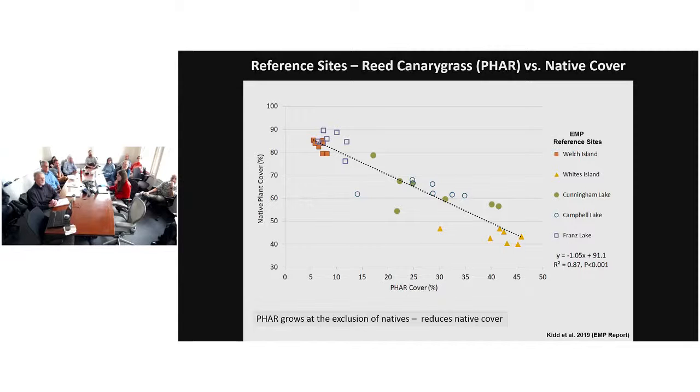this is a graph with native plant cover on the y-axis and reed canary grass cover on the x. And this is the annual mean cover along the EMP sites from Welch Island to Franz Lake. And what we find is a really strong relationship between reed canary grass cover and native plant cover. Increases in reed canary grass cover result in a reduction of native plant cover. Again, this is something we know, we talk about it, but this is really showing you the data. This is something that we see across all the sites,